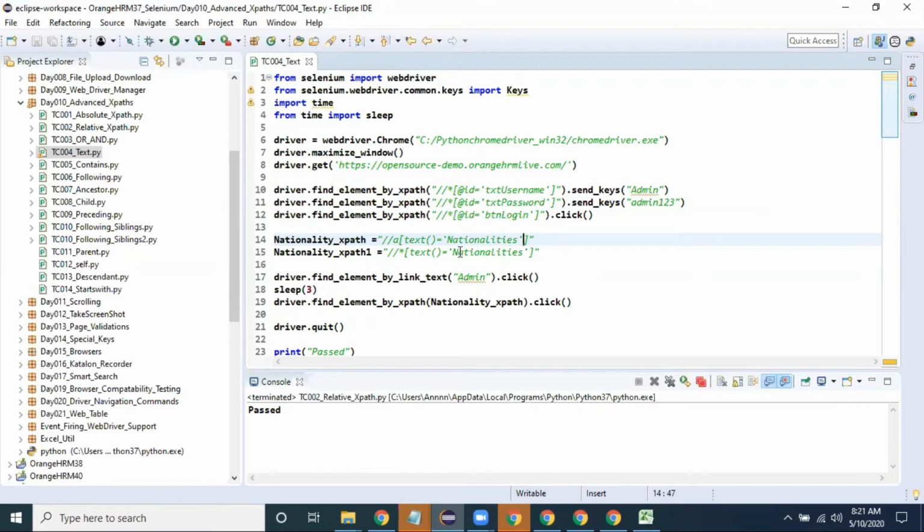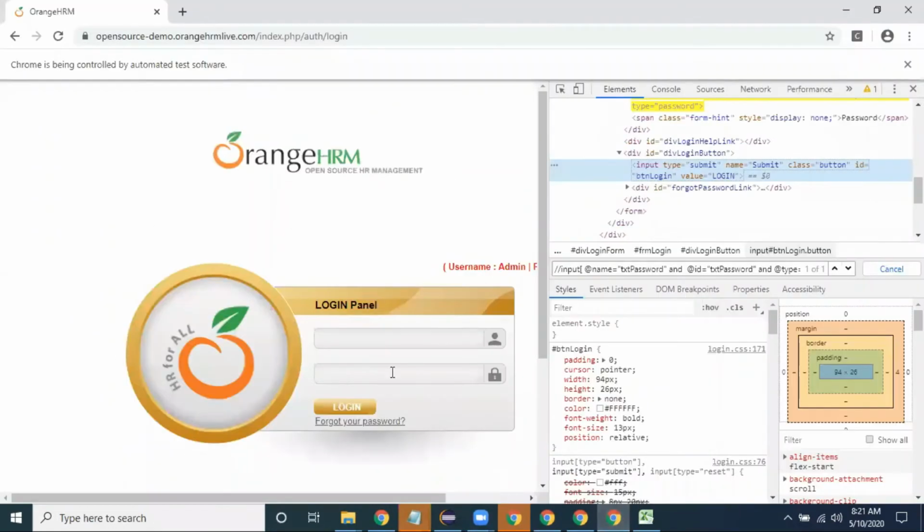This is the XPath I have taken: text of is equal to nationalities. No need to take two points. I have written text of is equal to nationalities. If you are seeing something on the web page, you can write it by text of is equal to, just a minute, I will show you.